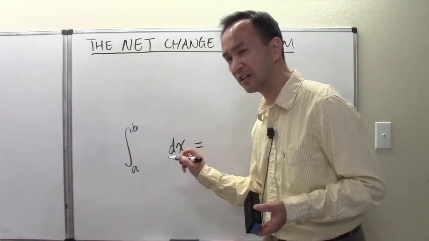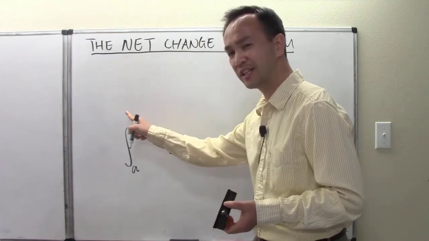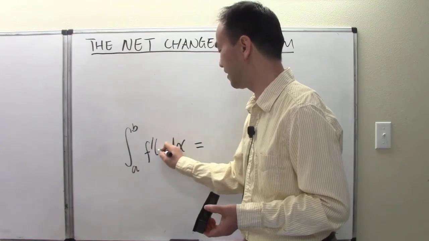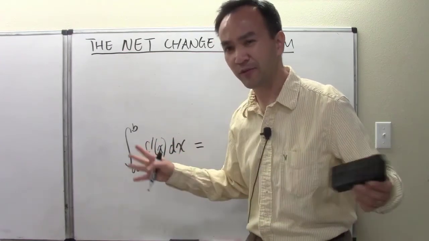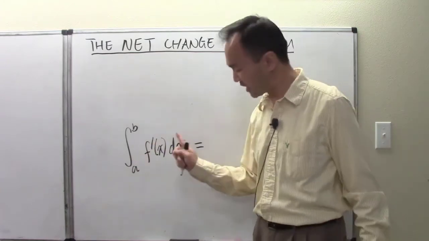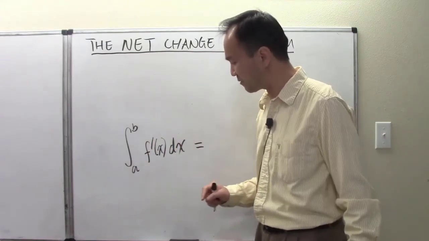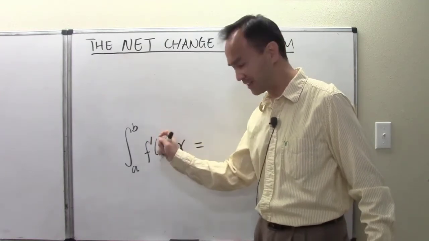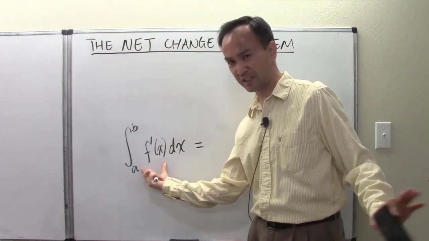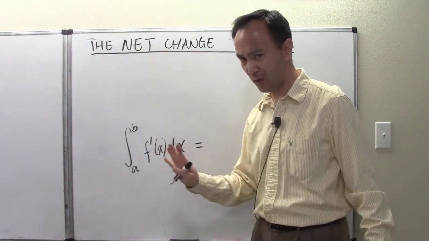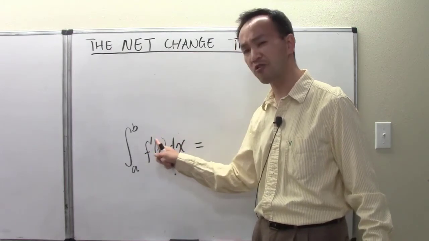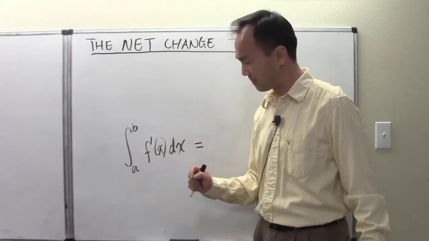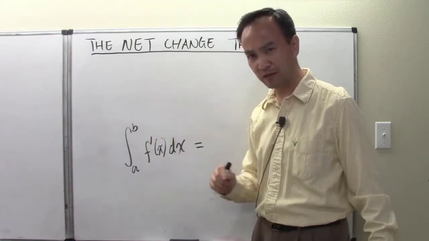Or how about let's take a look at it this way. If we're now taking the definite integral on the known derivative of a function, so here instead of f of x, I'm using f prime of x, lowercase f prime of x, and as I just said earlier, this is the known derivative of some function f of x. We actually don't need to know what that function f of x is, but just say if we start out knowing the derivative of some function f of x, then now according to the fundamental theorem of calculus, the